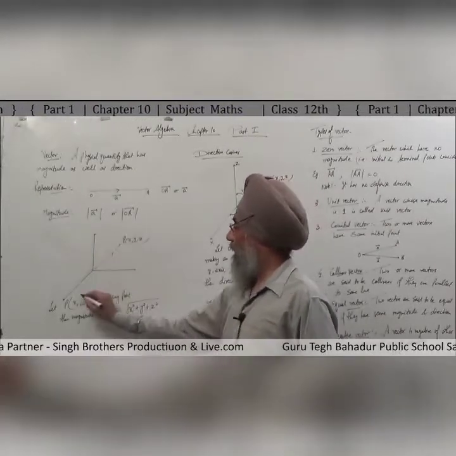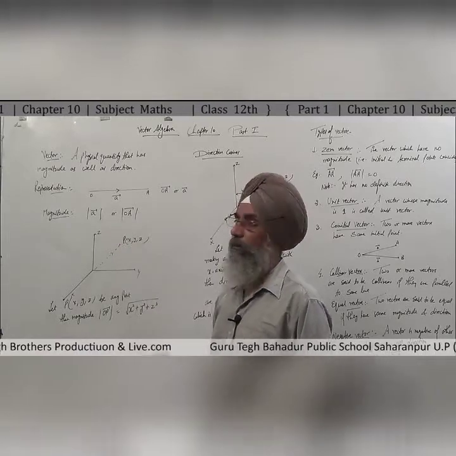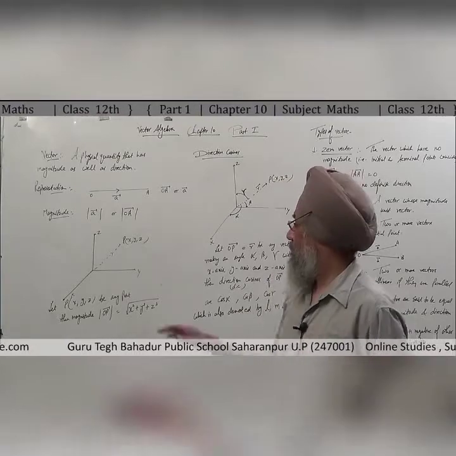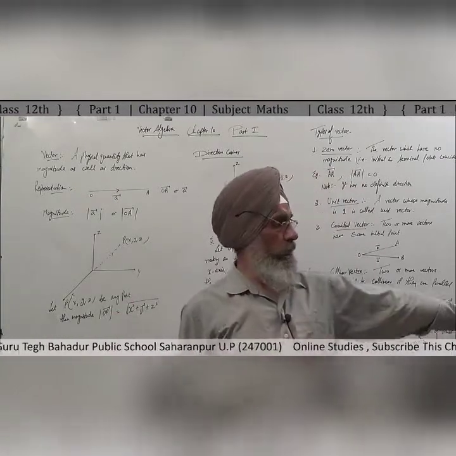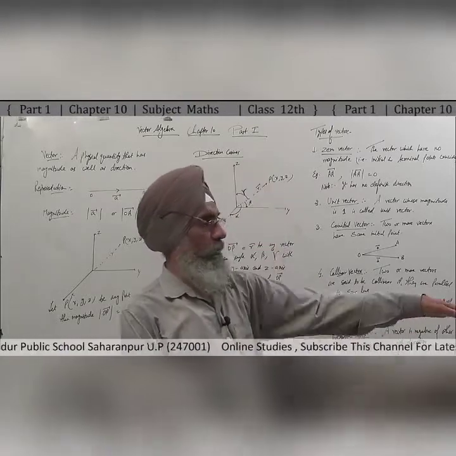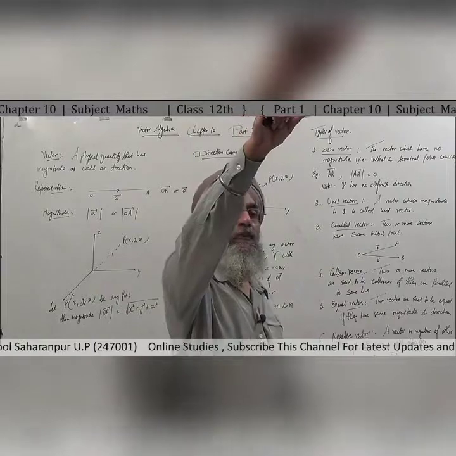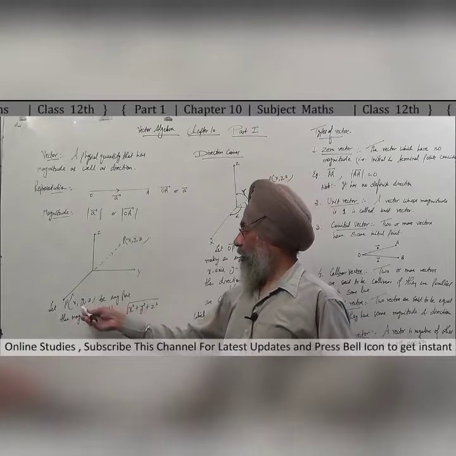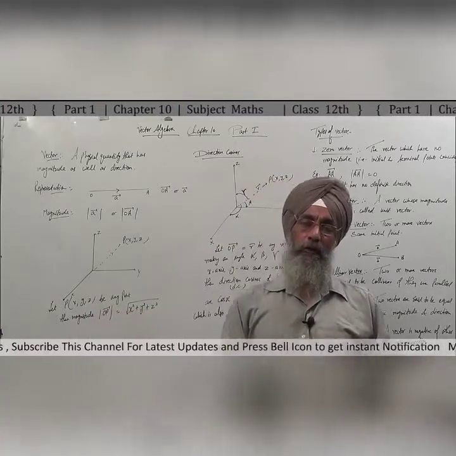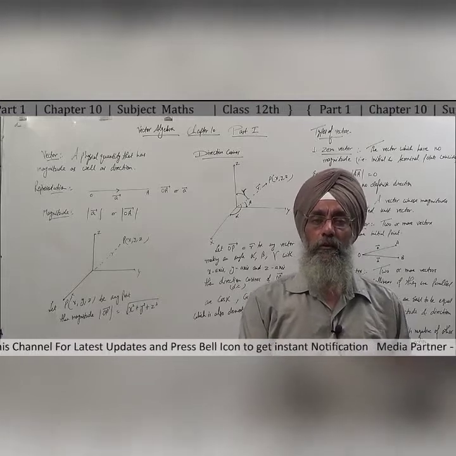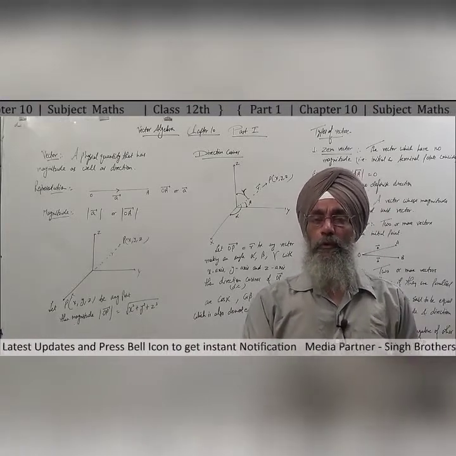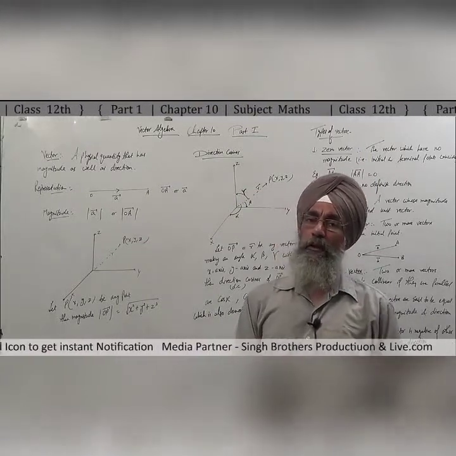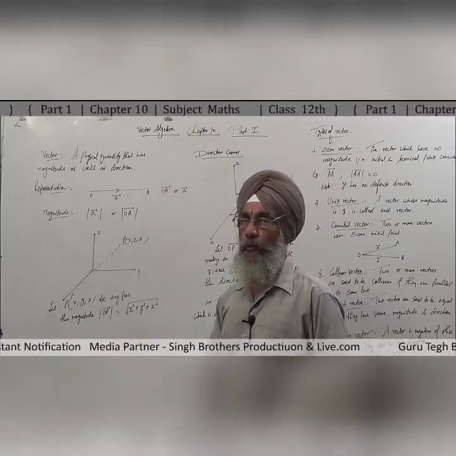This is the axis, that is the x-axis, y-axis, z-axis. Let us take any point in space, P(x, y, z). रूम है, एक कॉर्नर को आप origin मान लीजिए. This one has the x-axis, this one has the y-axis, and this one has the z-axis. Right? Assume any point P(x, y, z) be here. Then the magnitude of this OP is given by the square root of x square plus y square plus z square. That is the coordinates of the point P. So we have to take the square root of the sum of squares of the coordinates of this point P. That is known as the magnitude of the vector OP.